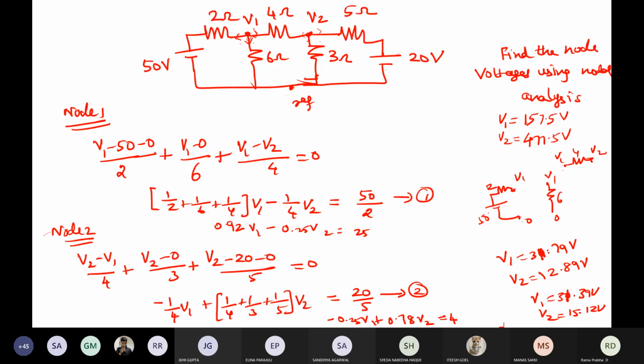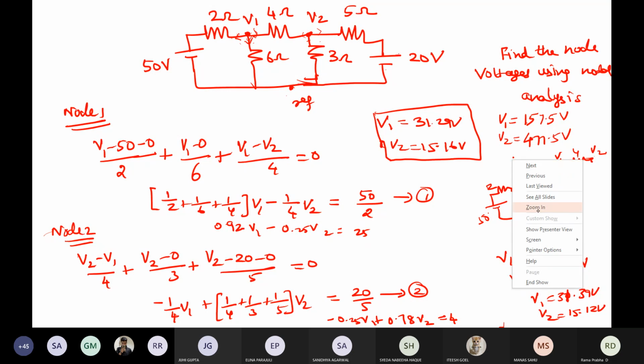31.29, 15.15, I'm getting. Okay, it's nearing the last answer, the right answer. So the answer is V1 is 31.29 volt, V2 is 15.16 volt, something nearing that. Do the approximation. If you take the entire values or if you take 3-point approximation, you have some variations. That is not an issue, but around 31 volt and around 15 volt should be the ultimate answers. Is it okay, students, all of you?